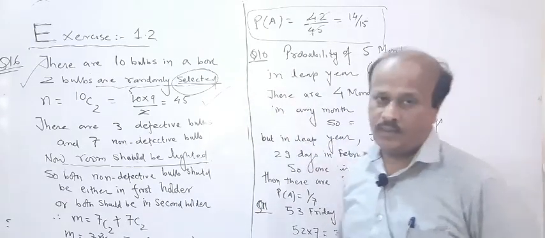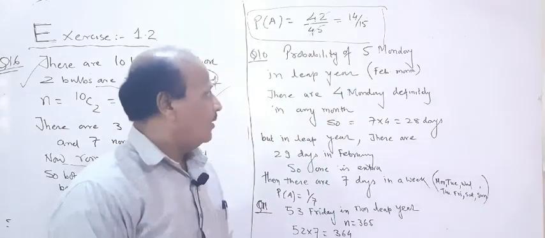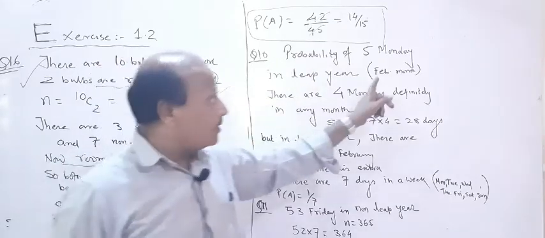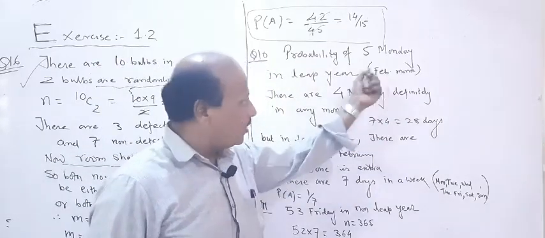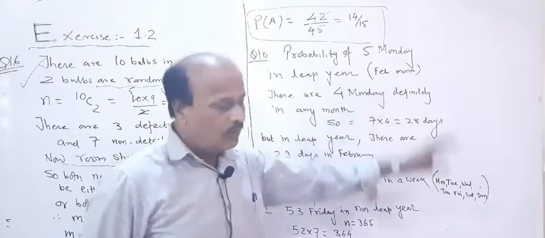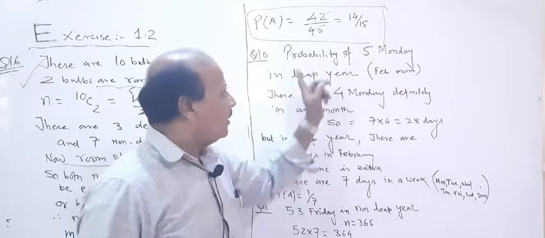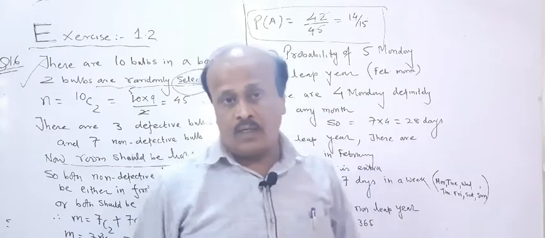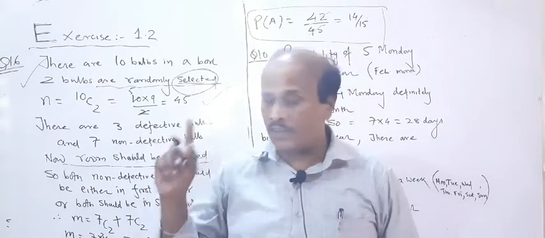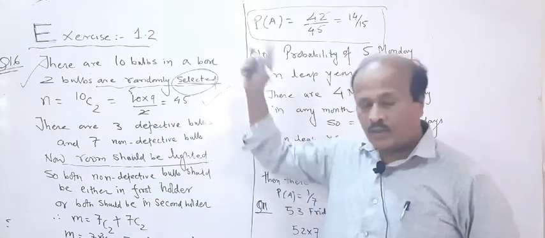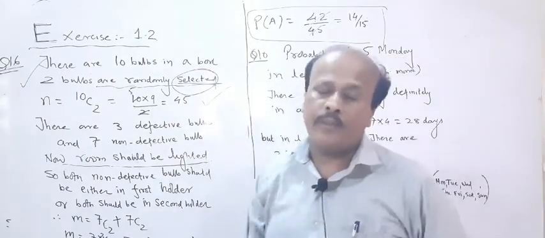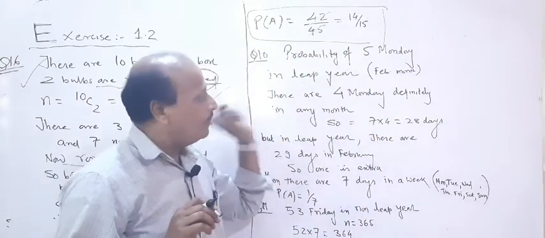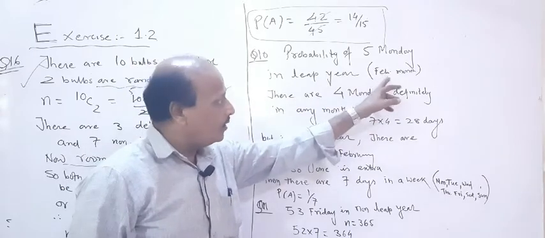Question number 10 is, suppose there is a leap year. Now what do we mean by leap year? Leap year means, and that too, the month selected is February. Read the question carefully. Each and every word has its own meaning. February month as well as leap year. In a leap year February has 29 days, and the total number of days is 366, which is not required in this question, but in any other question when they use the word leap year, there are going to be 366 days. Here since they use the word leap year, there are 29 days in February.